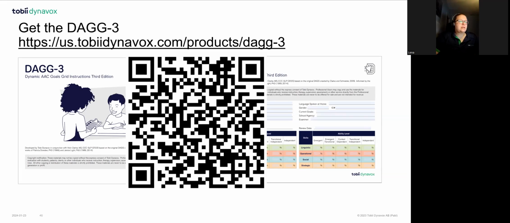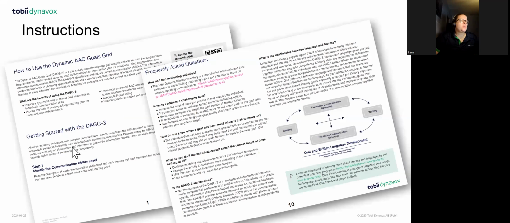So, as said before, we have simplified the instructions. When you get the DAGG, you're going to get the instructions included. They are part of the document, and they are going to help you to implement it and maybe answer some questions that I have not answered today. If we move towards using DAGG,